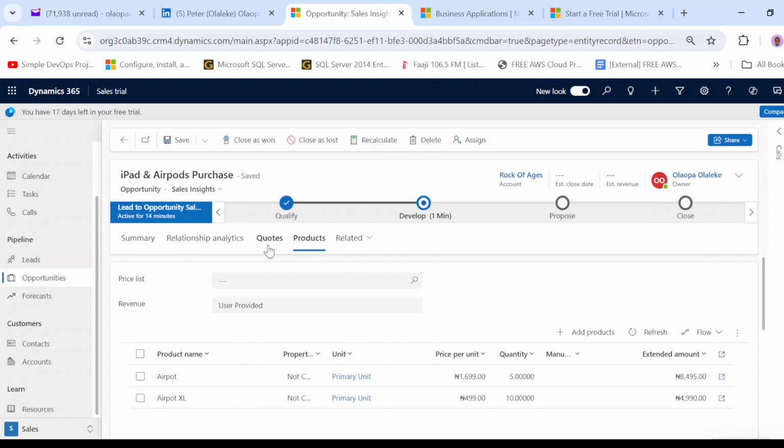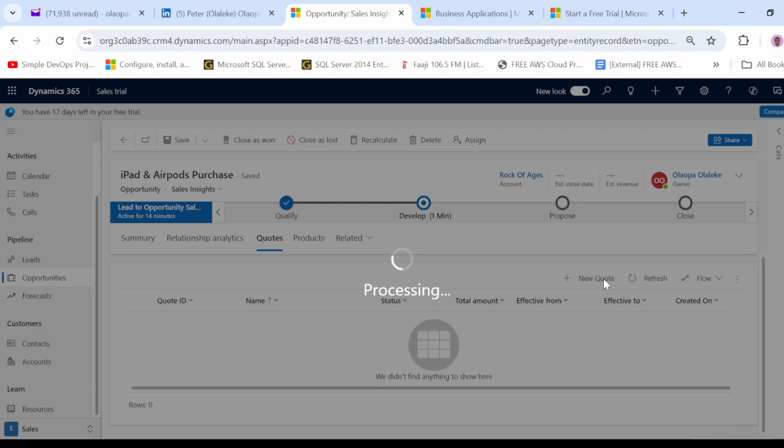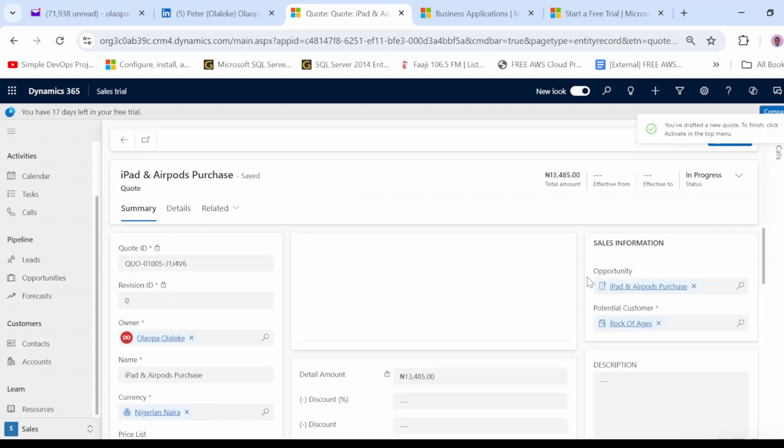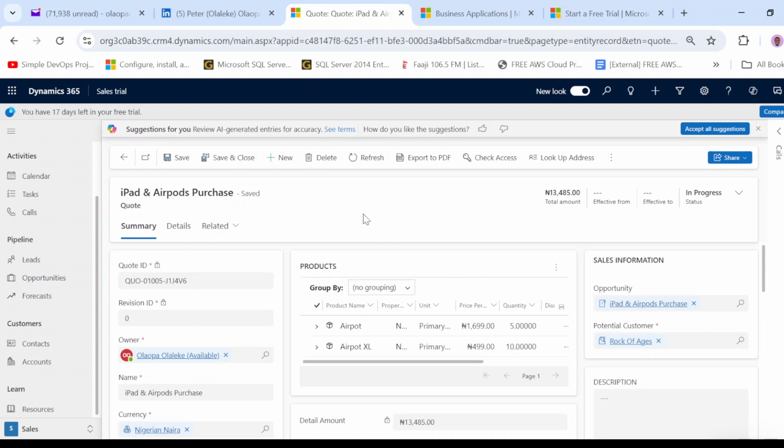So the next item, the next flow into the sales funnel, is to create a quote. So I will switch to the quote tab and click on new quote. So clicking on new quote is actually taking me to a whole different form, and it's going to definitely leave every part of this process, the quote process, in draft state until we activate the quote, right? So now here we have the quote. The quote references, the quote ID. There's a revision ID. So the revision ID actually is a process whereby,